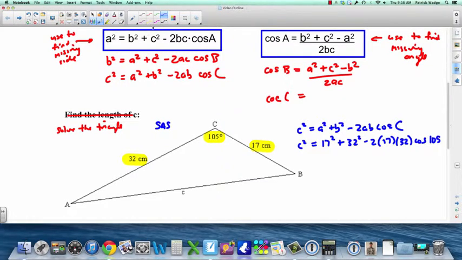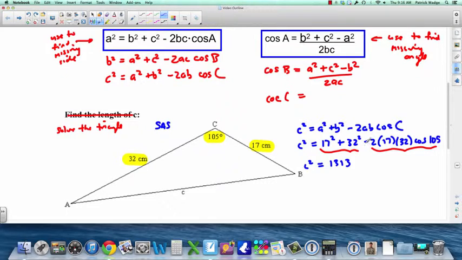Okay, you could do this all in one go in your calculator if you want, but if you're going to do that, I recommend you put brackets around this piece and around this piece. In fact, the way I usually do it is I get this answer and write it down, I get this answer and write it down, and then go from there. So that's what I'm going to do. So I have c squared equals 17 squared plus 32 squared. If you put that in your calculator, you'll find it's